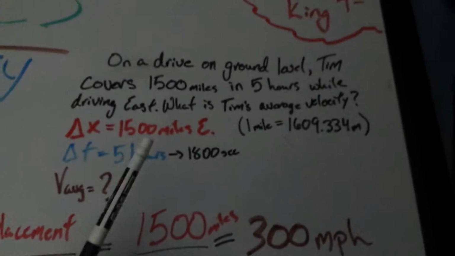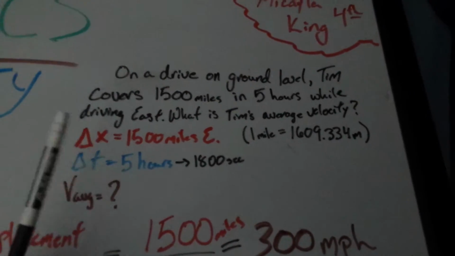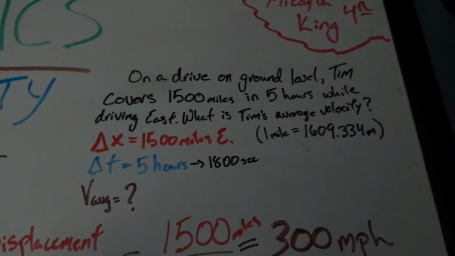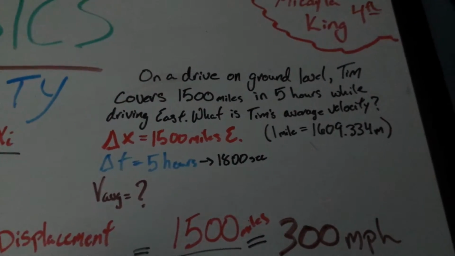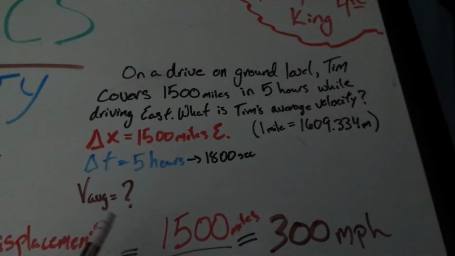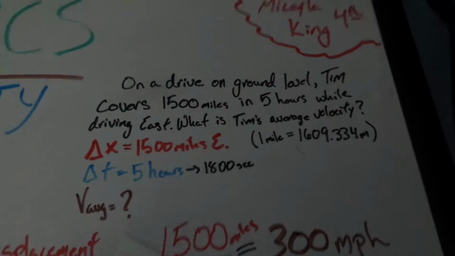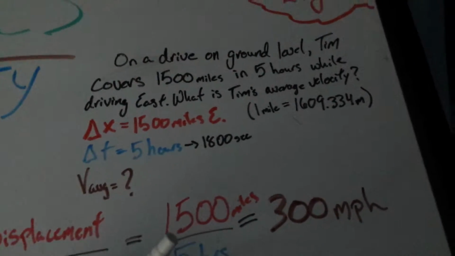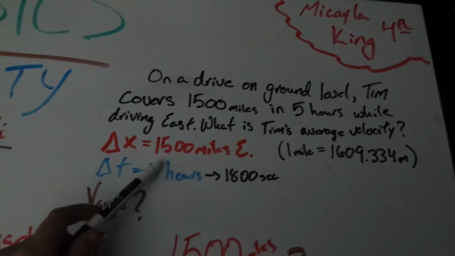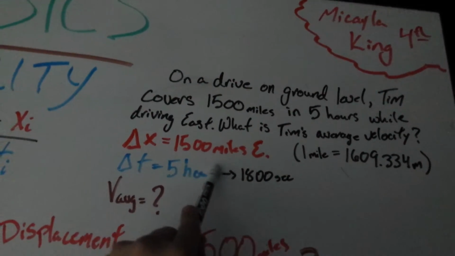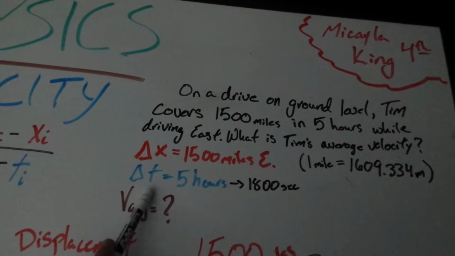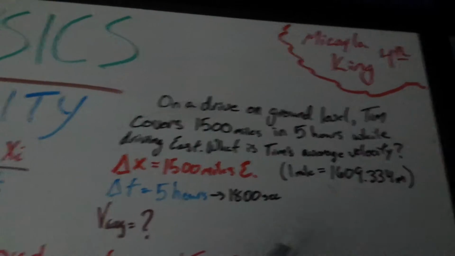The example I chose is on a drive at ground level, Tim covers 1,500 miles in 5 hours while driving east. What is Tim's average velocity? And so the delta x is your 1,500 miles east, and your delta t is 5 hours, and 1 mile is equivalent to